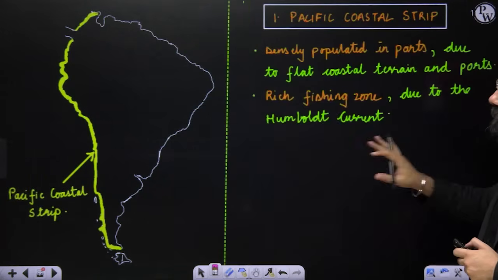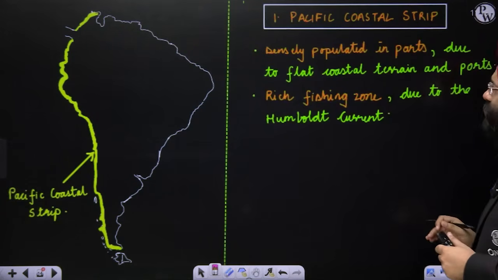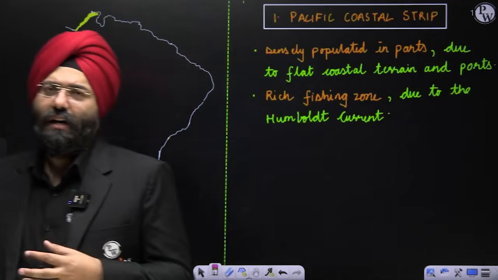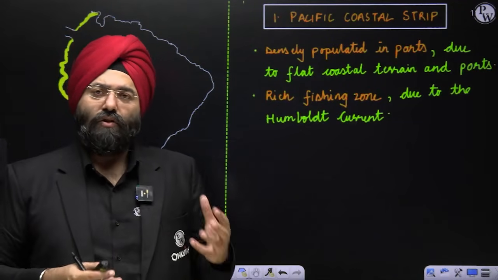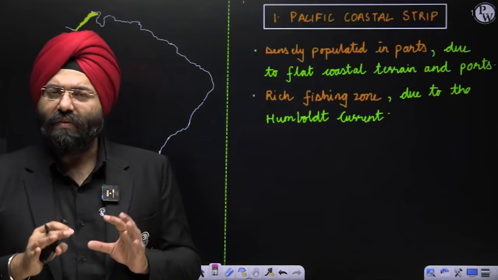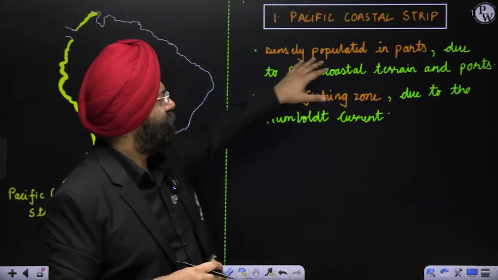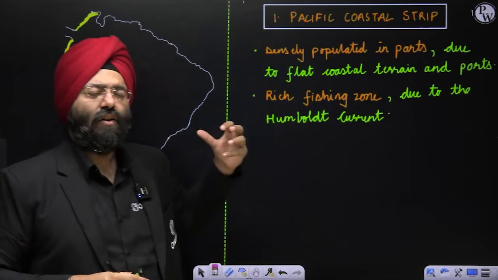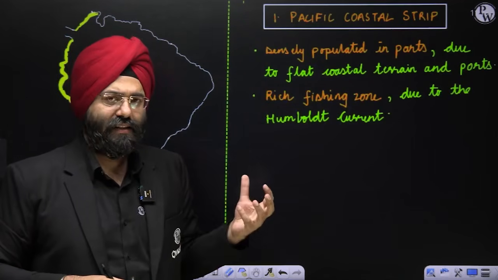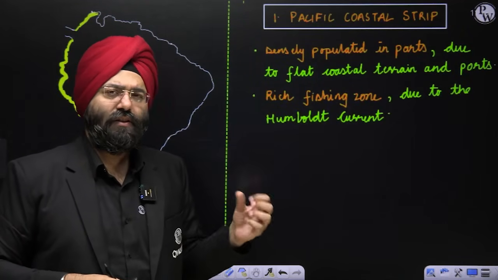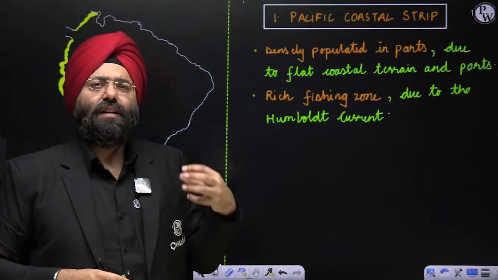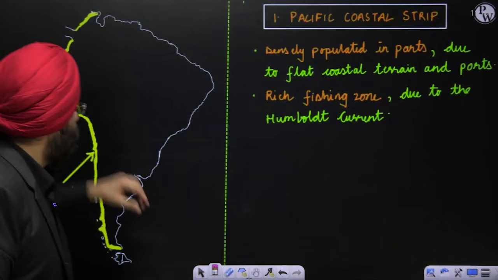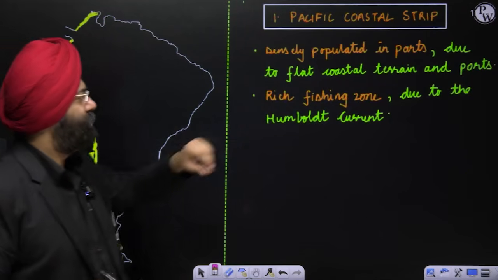Now, the next thing is that these regions are densely populated. Why densely populated? Because you very well know that coastal regions are centers for economic activities, fishing also. So these regions are generally very densely populated. But remember, in the regions where aridity is very high, the population density will be less. In other regions where some harbor is possible, or the climate is relatively better, in patches the density can be high. Not in the complete strip as such, but in patches.